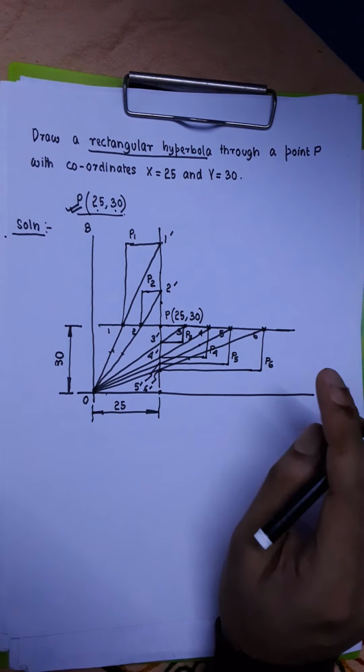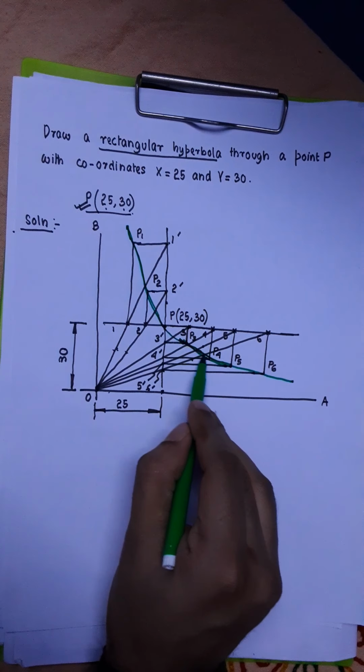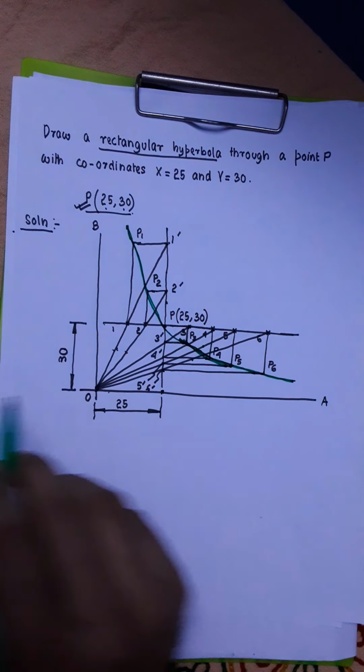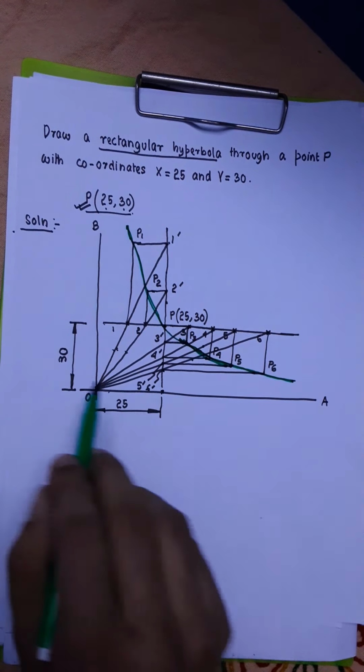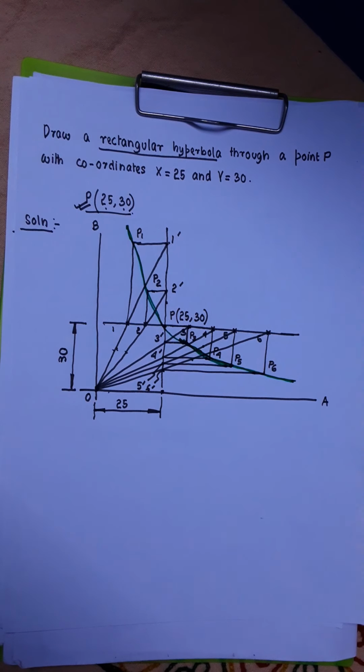Okay, so if you are going to use the French curve, then the curve will be very smooth and continuous. I have drawn it with freehand, that is why it has not become very smooth and continuous. It has become a bit wavy. Okay, so this is how the rectangular hyperbola can be constructed. Again, I would like to repeat as I have done for the previous constructions. I would like to summarize the different steps that we have followed to draw the rectangular hyperbola.